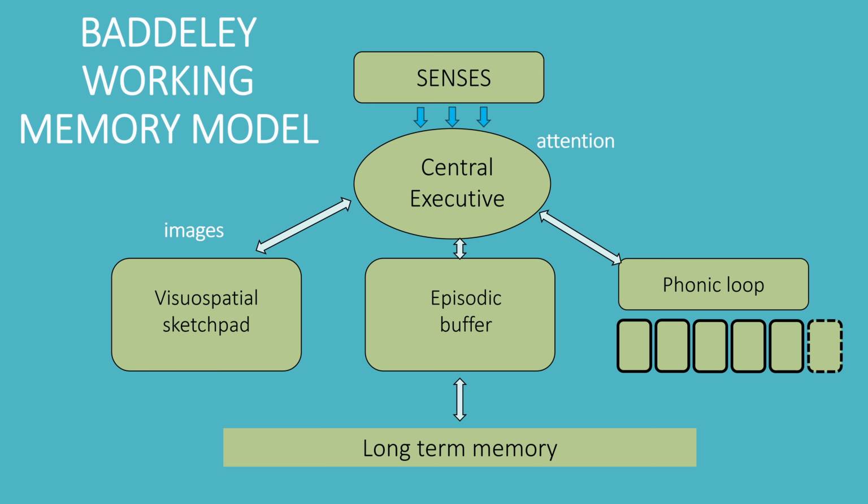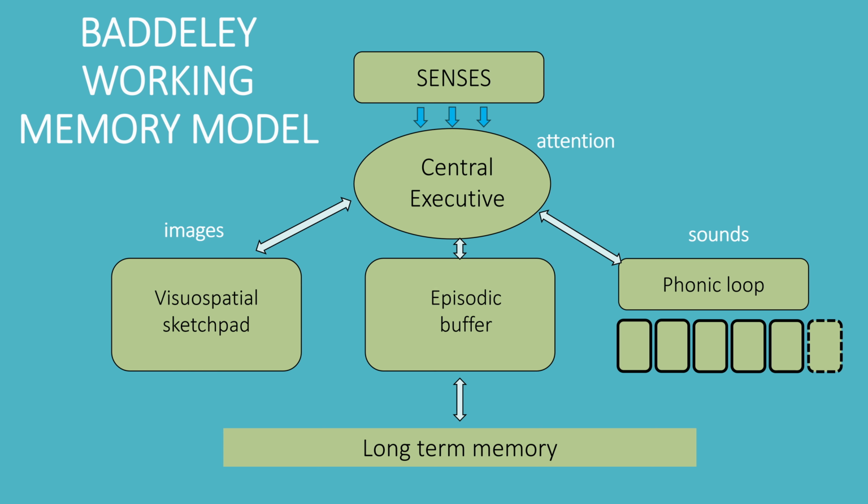Now it holds speech-based information in the ear. It has a finite capacity. There's only so much of this that we can store at one time, and it's stored in individual pieces,